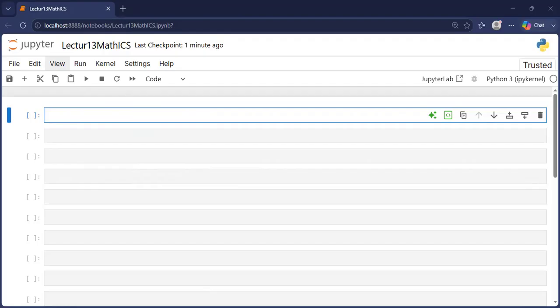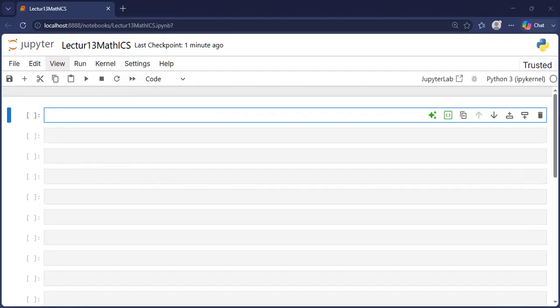We are going to discuss inverse trigonometric functions. By the end of this lecture, you will be able to apply inverse trigonometric functions confidently in Python coding and solving many problems involving inverse trigonometric functions. In our previous lecture, we explored trigonometric functions in Python, where we learned how to explore the math library, how to convert degrees to radians, and how to compute values like sine, cosine, and tangent. Today,